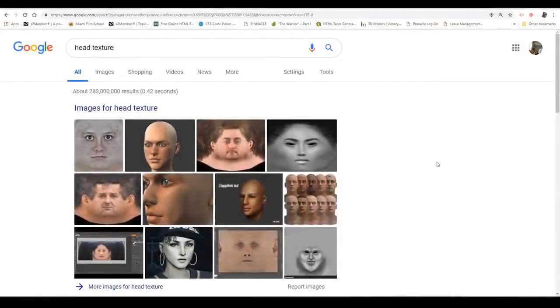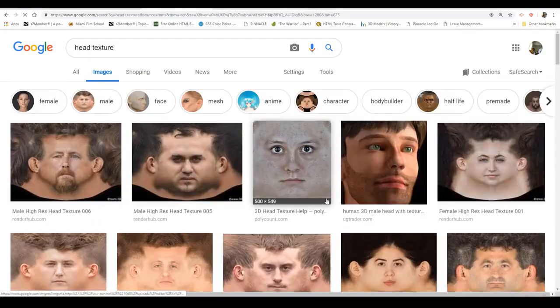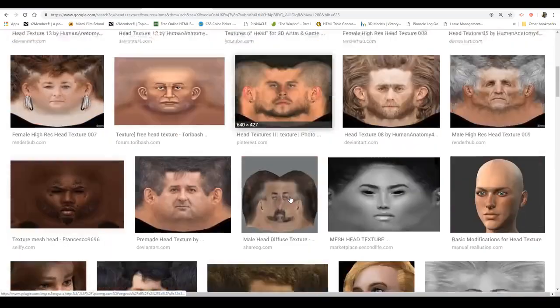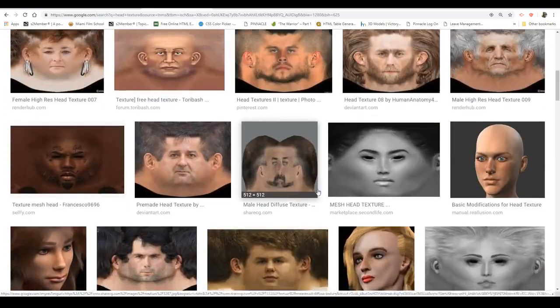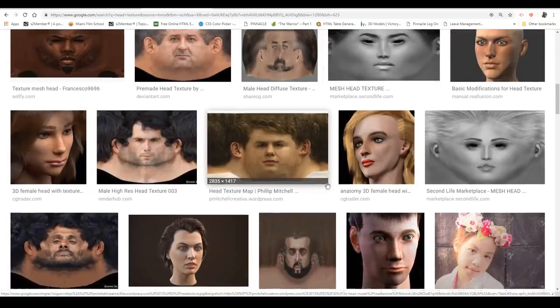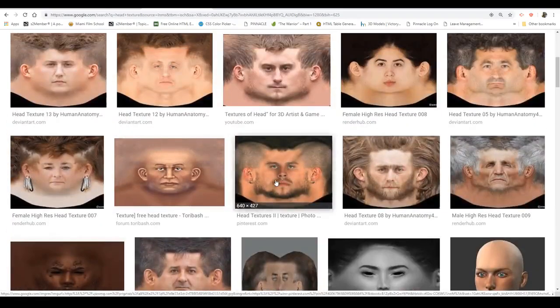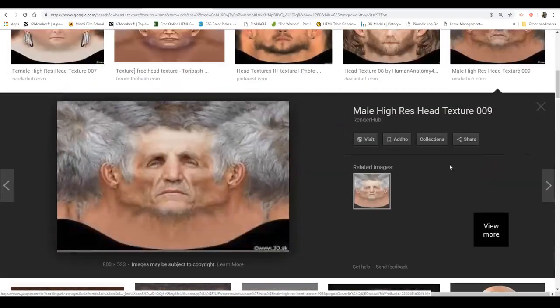Okay guys, it's time for us to create our color map. Now, the first thing you do is go to the internet and find a head texture. You could try to find a free one on the internet here. Maybe Google has some good free head textures for you. But if you can't find one that you like that's good quality,